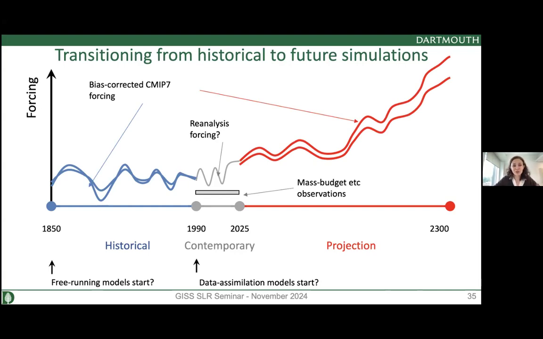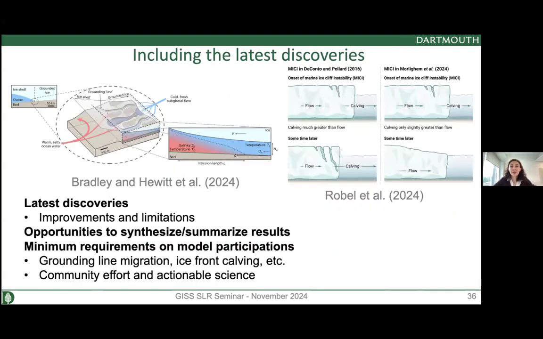As I said, I'm just raising questions here, not providing really answers, but showing a few things that I think we need to improve. Another thing is that every other day we have some paper showing a new process that's been observed by remote sensing or some new theory. These are just two that I picked because they were published recently.